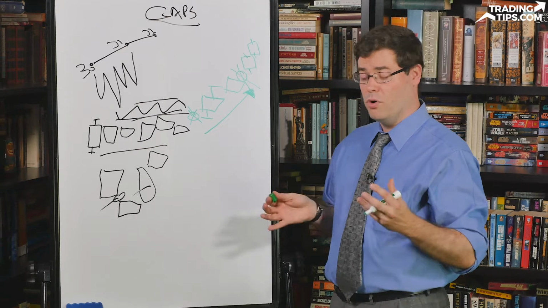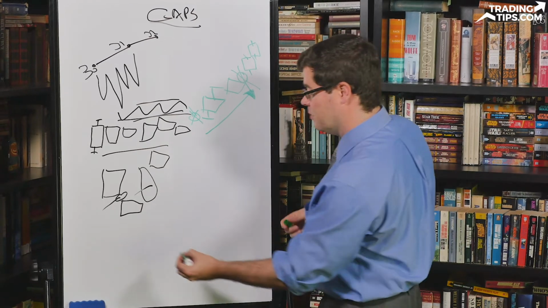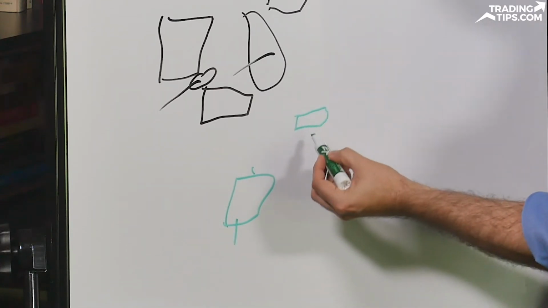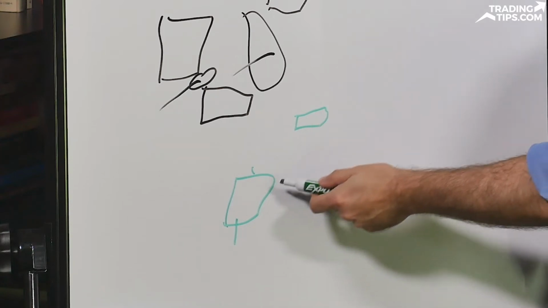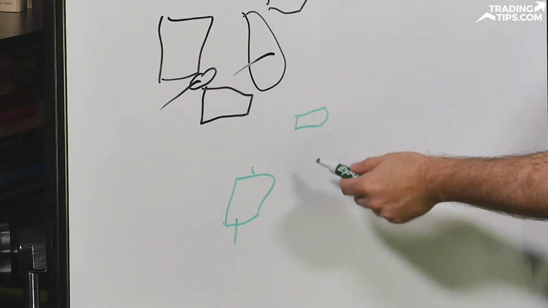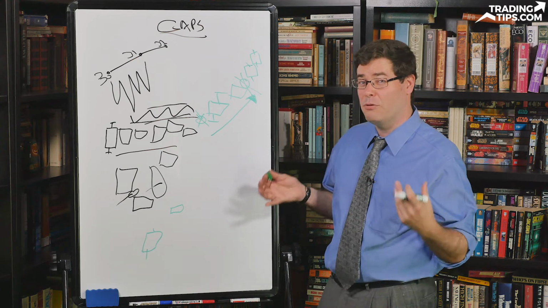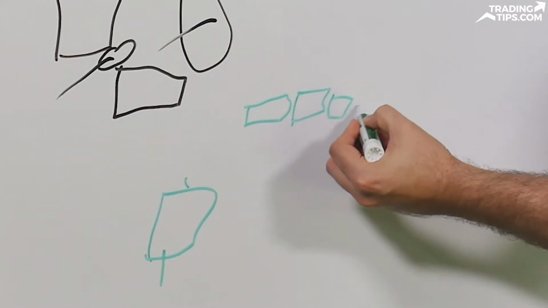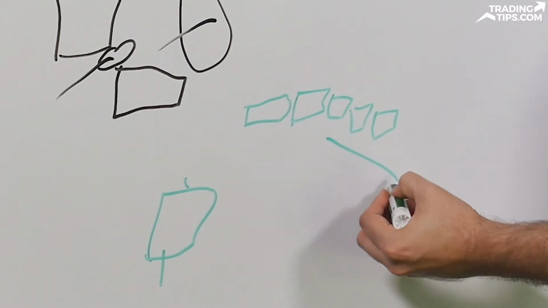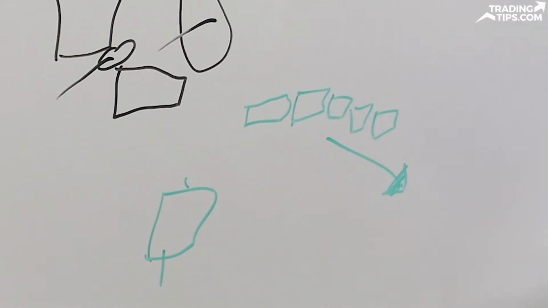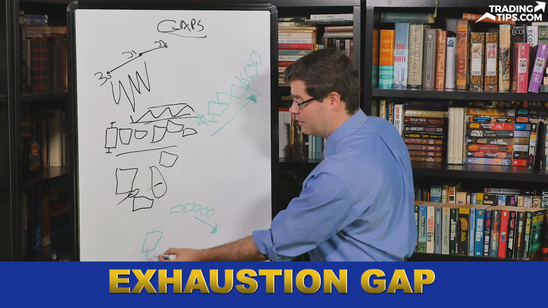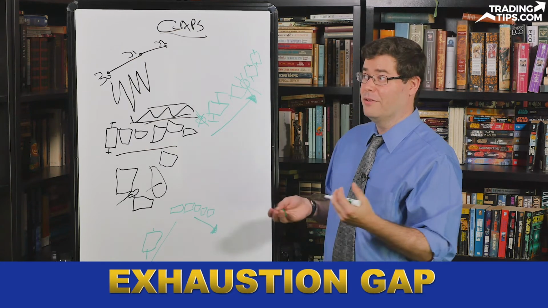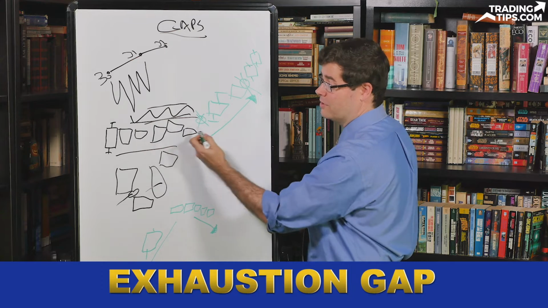Now, there is one big warning signal, though, which is after one of these big gaps higher, say from here to here, suddenly if you have a very narrow candlestick after a big gap, you'll start to see the fact that a lot of traders are expecting this trade to have played out fully. And very much from here, it's likely to start showing signs of a breakdown going into a decline. This is what's called an exhaustion gap. It's what happens when things have moved up so much so quickly that everyone who wants to be in the trade is in it. A lot of folks who were in this trade earlier, maybe even as far back as this